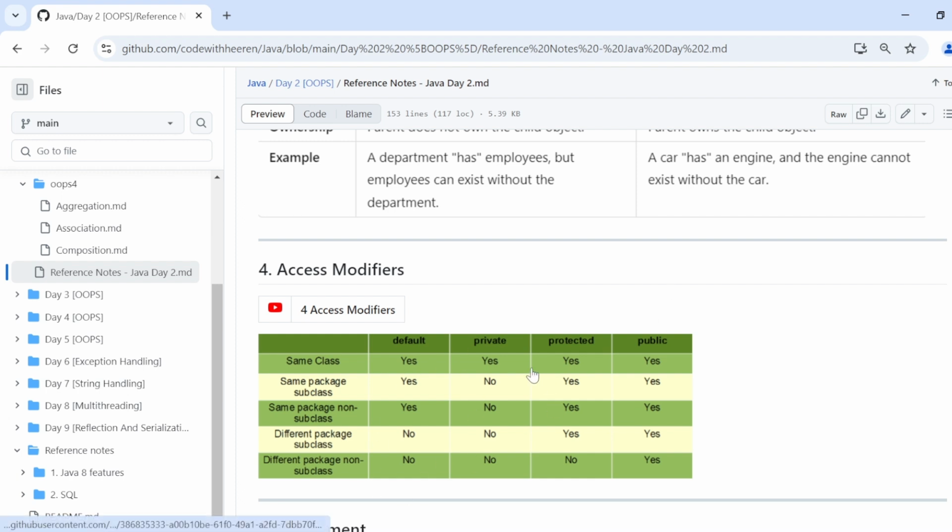Let's try to understand access modifiers by using this chart. In this chart, on every column, I have mentioned the different access modifier names, and on the left-hand side, you will find some different use cases. We will try to understand what will be the behavior of the different access modifiers for different use cases. For example, the first use case is same class, when you try to access properties and functionality of a class within